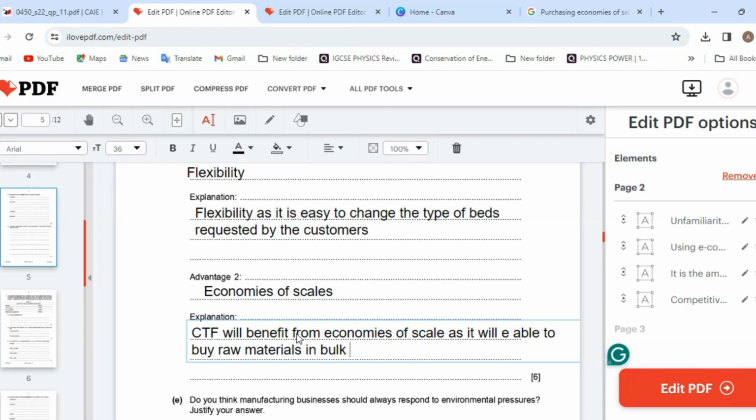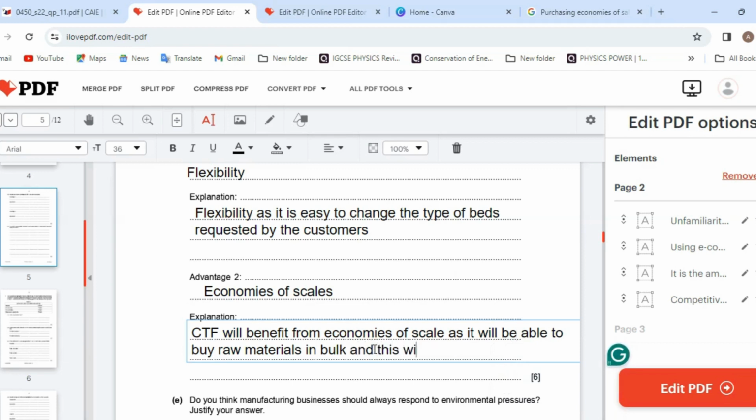And this can actually do what? It can help to reduce the average cost, as it will be able to buy raw materials in bulk,